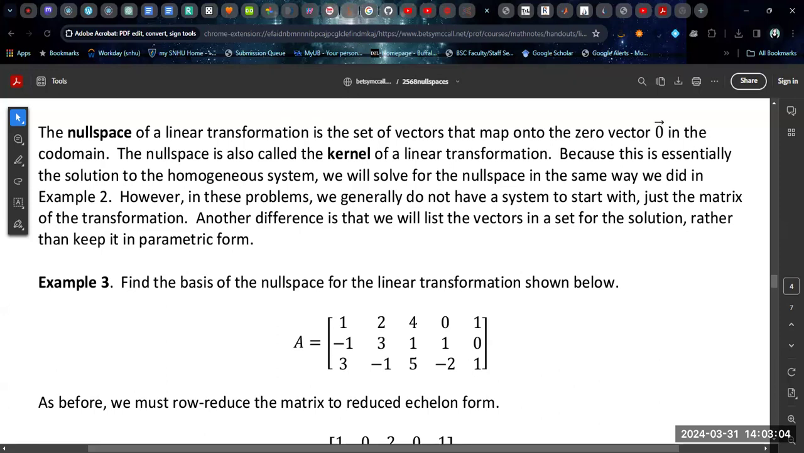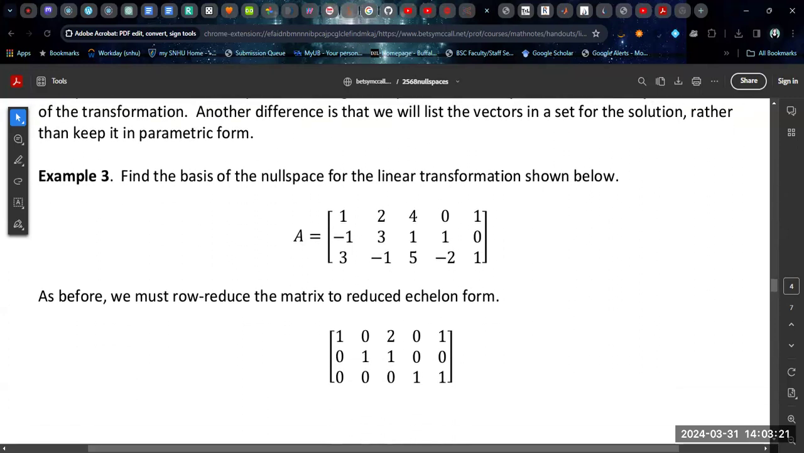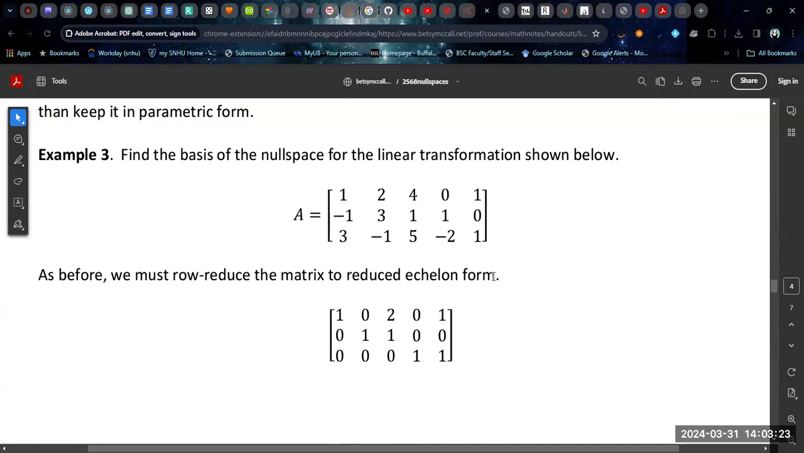So another difference is that we will list the vectors in a set in the solution rather than keep it technically in parametric form as we were doing before, because we're listing a basis for the null space as opposed to a parametric form of the solution for the homogeneous system. But a lot of the procedures are going to remain the same, and it is conceptually rooted in the same idea. So here's our transformation